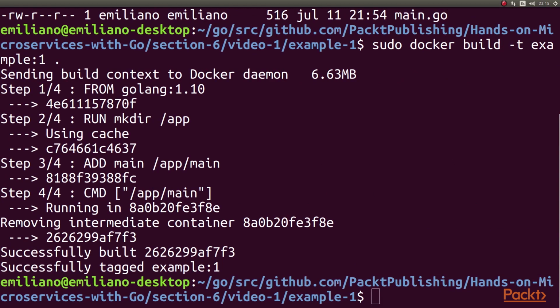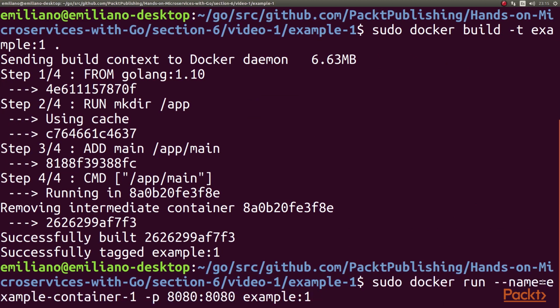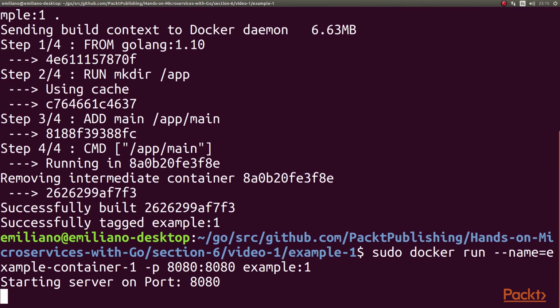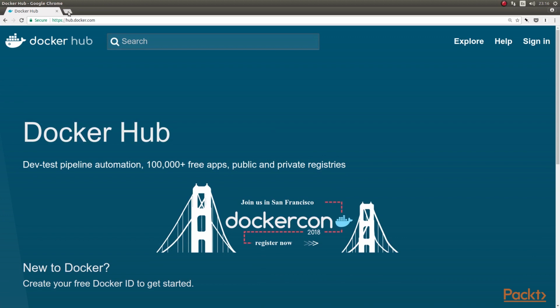We have built the image, so now we can start a container from that image. What we're going to do is sudo docker run. The name of our container is going to be example-container-1. We're going to expose port 8080 on 8080, and this is the image that we're going to be using. So we have started the container in foreground mode. This means that everything that goes to standard out in the container is going to get to standard out in our terminal. If we now go to port 8080 on our machine,